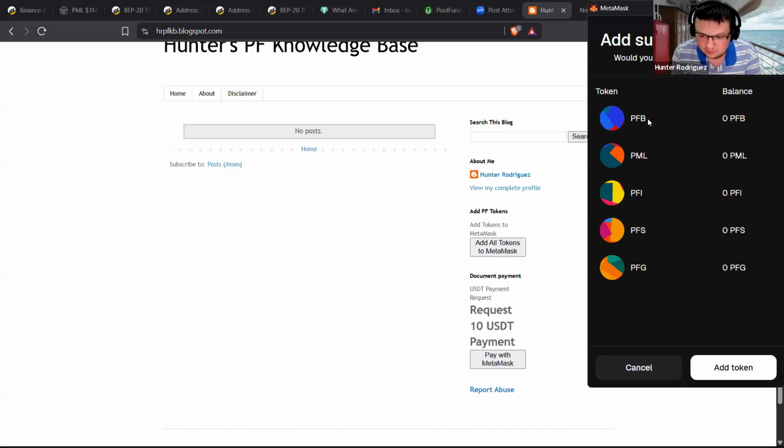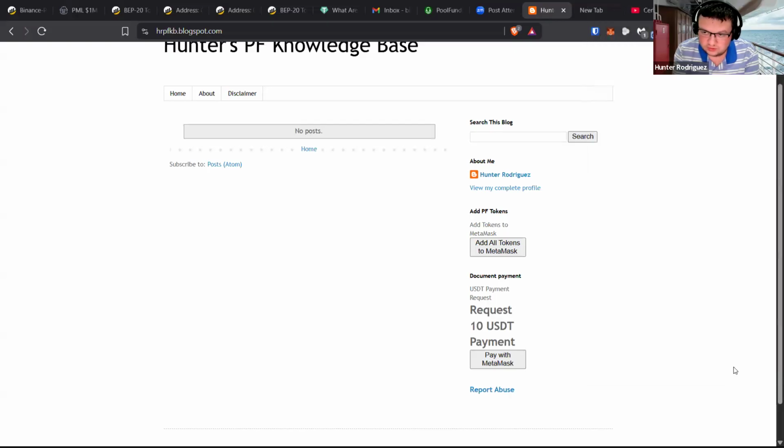If you've seen the video from before, you know that originally it did these one at a time, and the user would have to click add token for each and every one of these, to the point where we had 6 or 7 button clicks just to load the wallet with all the custom tokens. But here I cut that down to just 2, because now I've set it so that all the tokens queue up just like this. So I'll go ahead and click add token,